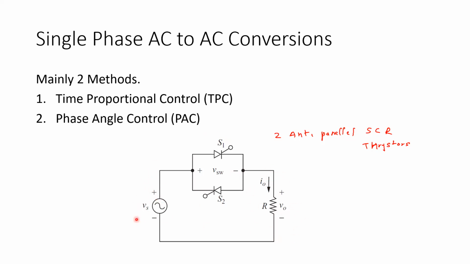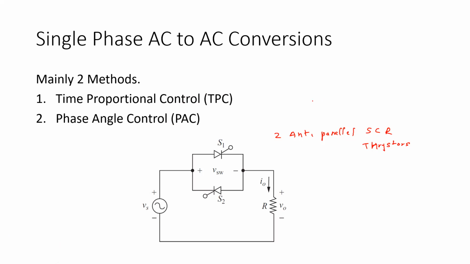So what we can achieve here is we can control what goes to this side from this side. We have the AC source here, and we have the load here. With this kind of configuration, we control what kind of signal or waveform reaches this side. There are two main methods of control: the first is called time proportional control, and the second is called phase angle control. I'm sure you have heard about phase angle control in previous modules also.